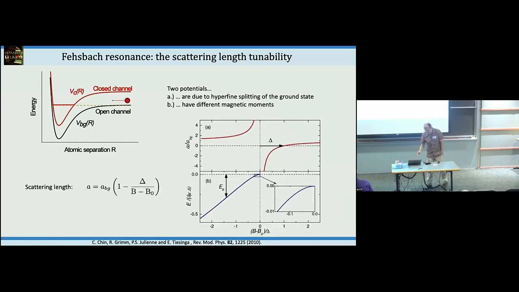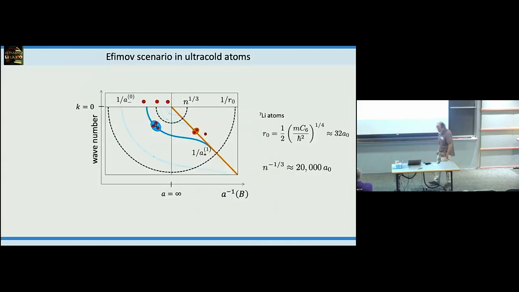So we have this nice tuning knob that allows us to change the scattering length, which can be described with a very simple analytical formula. The scattering length actually goes to infinity. It's positive on one side, and again comes from the other side with the negative sign. What is interesting is that, as usual, you have a bound state for the positive scattering length side, and this is the two-body bound state, which is universal and behaves as 1 over the scattering length squared. Sorry. And around this Feshbach resonance in the two-body sector, we have the Efimov scenario